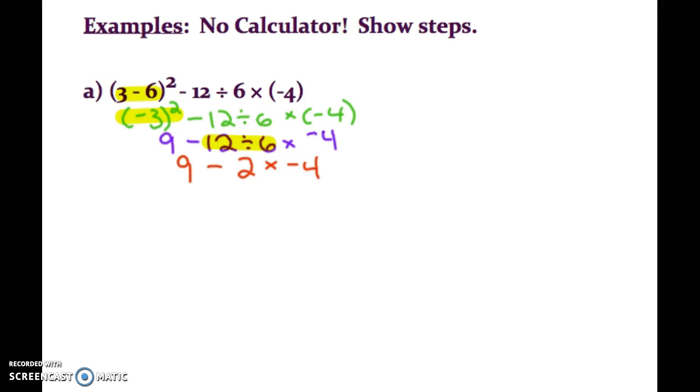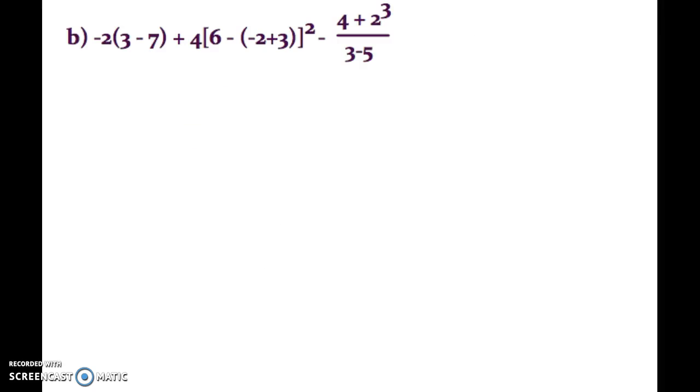Okay, I'm still not quite done with my multiplication and division because there's still this multiplication here. So I will solve that. 2 times negative 4 is negative 8, and I'm going to write down the rest. 9 minus negative 8. If you recall from before, this is the same thing as 9 plus 8, so my answer is 17. Okay. All right, we'll look at one more problem, and I tried to make this purposely about